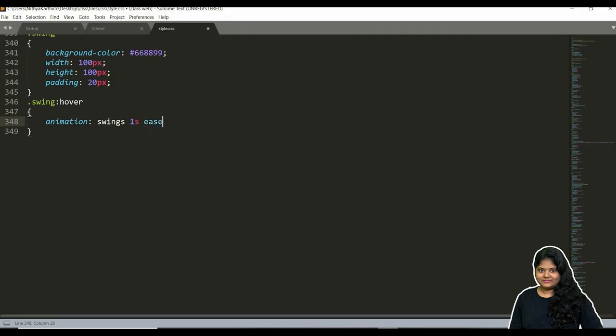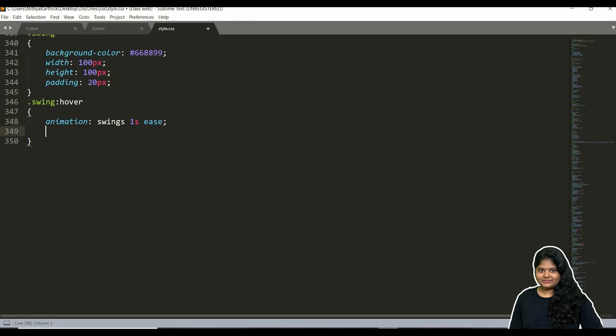So ease means effect: ease in, ease out, ease. We have some sort of effects when we try to type here. When I directly type for animation, you will get some sort of effects, but I always try with ease.